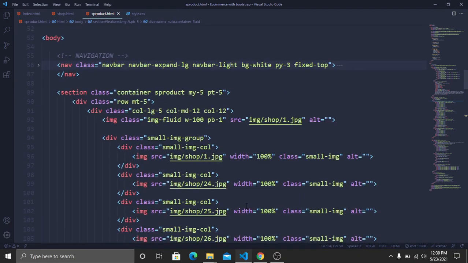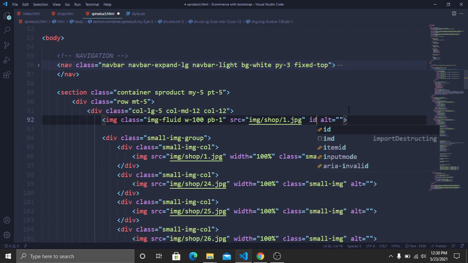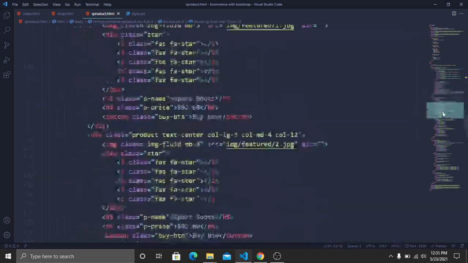It means our big image. Here you can see that we have our big image, and here I will add an ID. Let's create an ID, and the ID name will be main image. That's it. And now let's go to the bottom of our code,